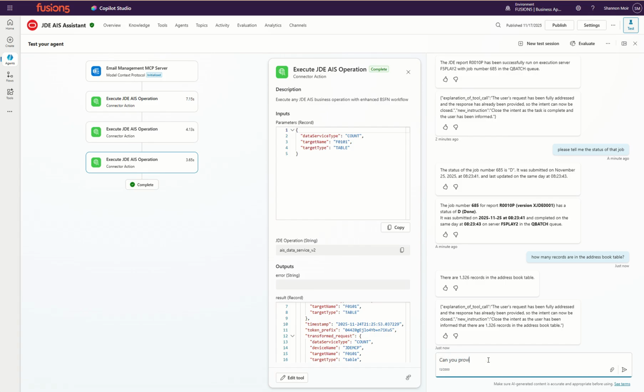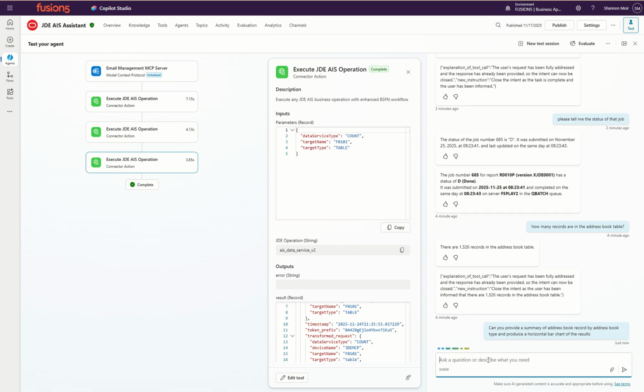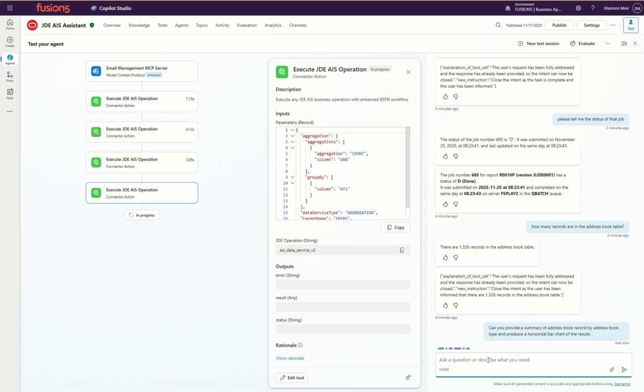Can you provide a summary of address book records by address book type and produce a horizontal bar chart of the results? So now we're going to test it out. We've enabled code execution